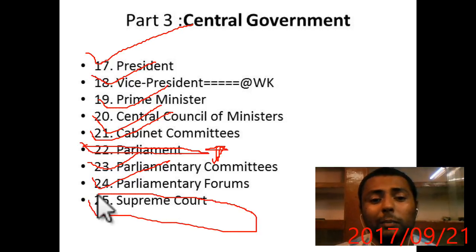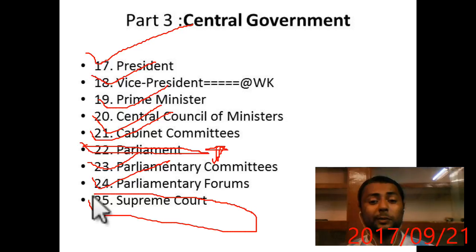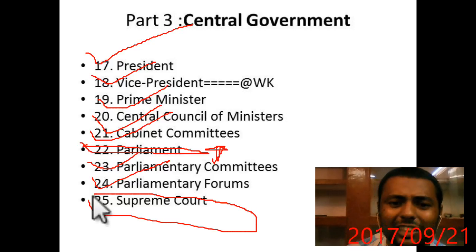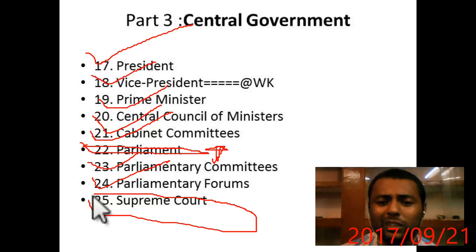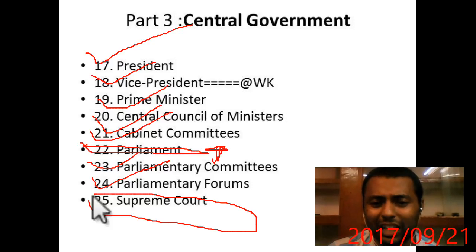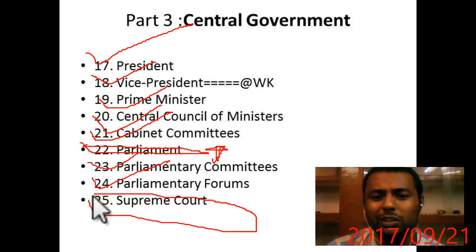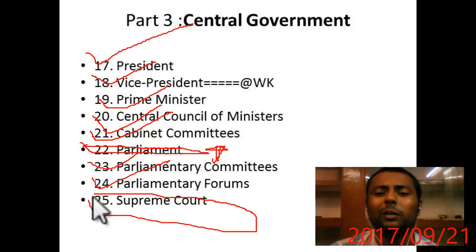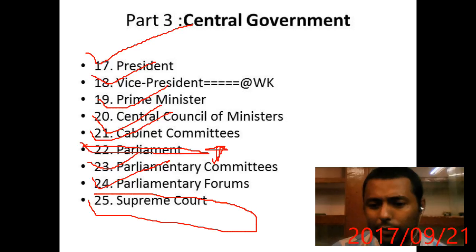What are the meanings of the writs? Like habeas corpus means you may have the authority, like that. Just remember there are 5 writs. CPMHQ is the mnemonic: C for certiorari, P for prohibition, M for mandamus, H for habeas corpus, Q for quo warranto, nothing else. And what are the meanings of those? And from where they can be applicable.